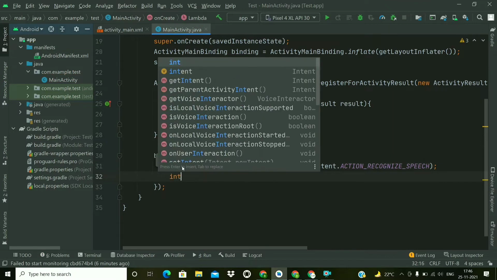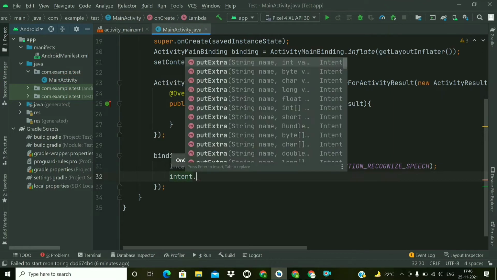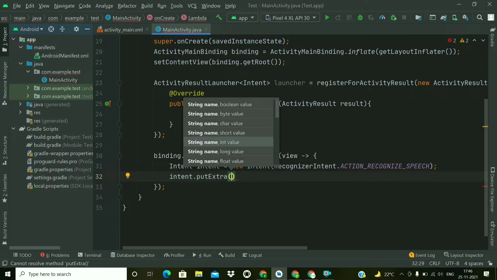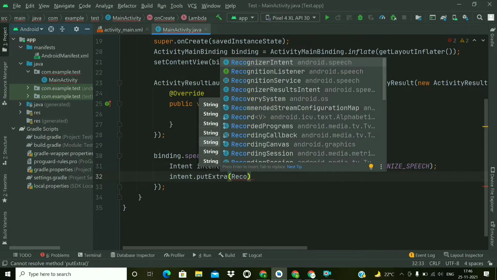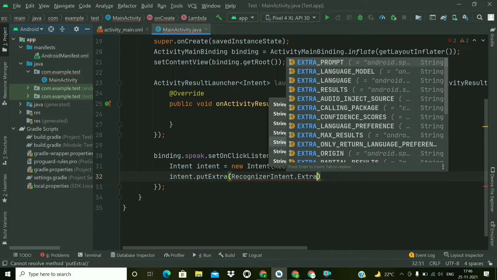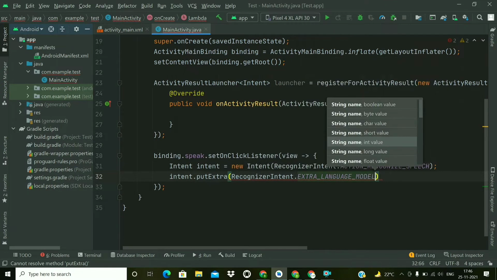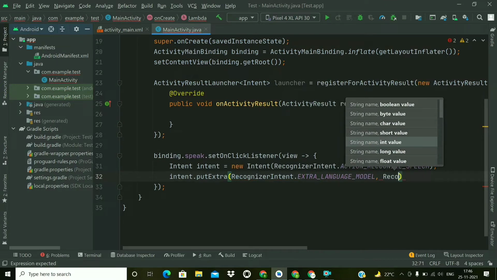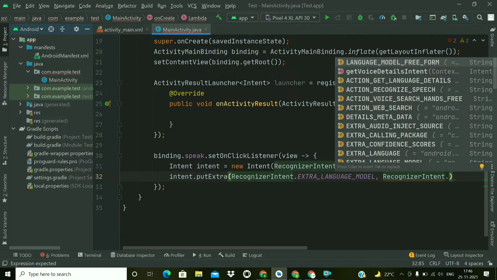Then we have to set the language model, putExtra RecognizerIntent.EXTRA_LANGUAGE_MODEL, and we will give the language model as free form, RecognizerIntent.LANGUAGE_MODEL_FREE_FORM.